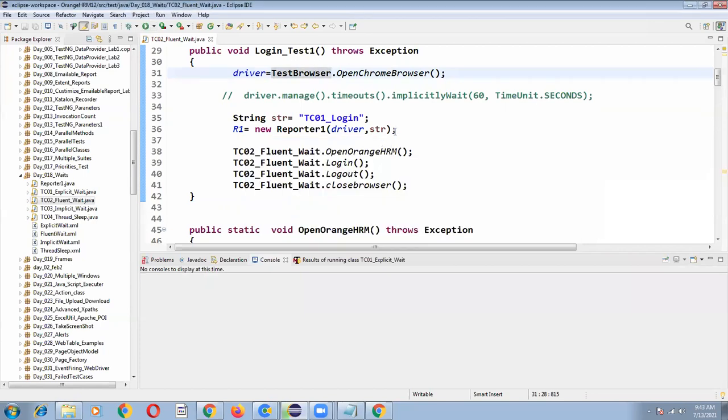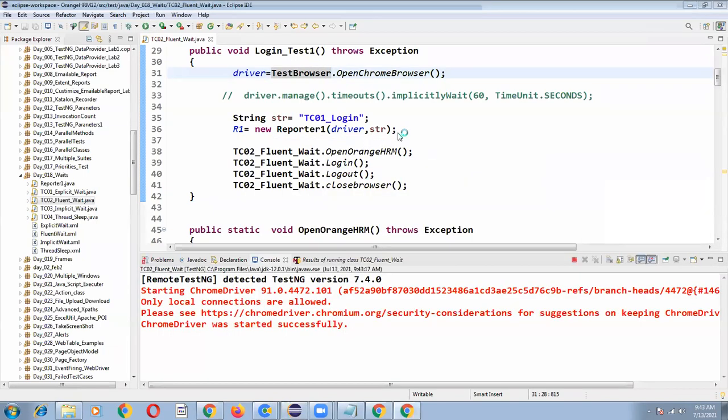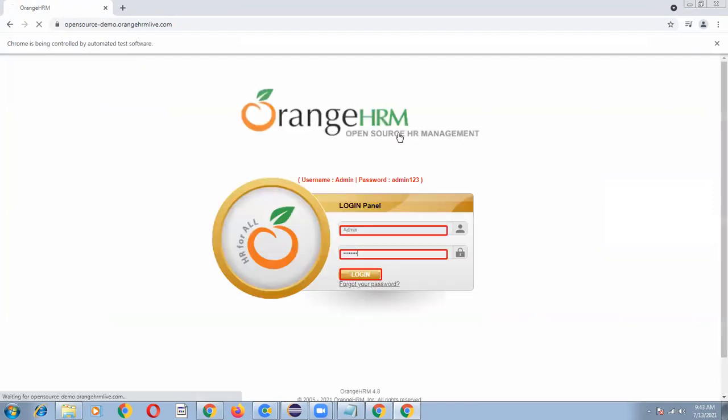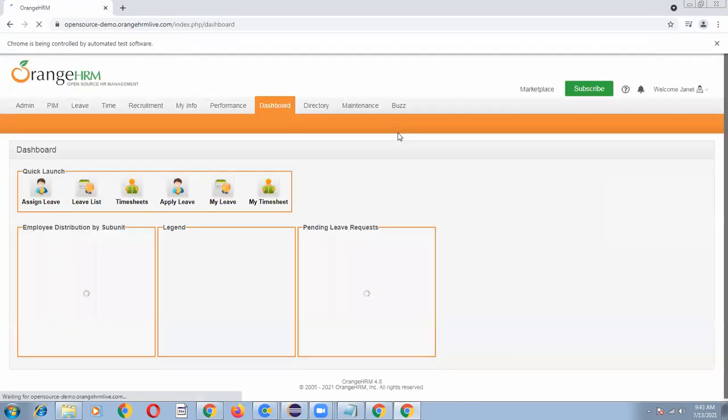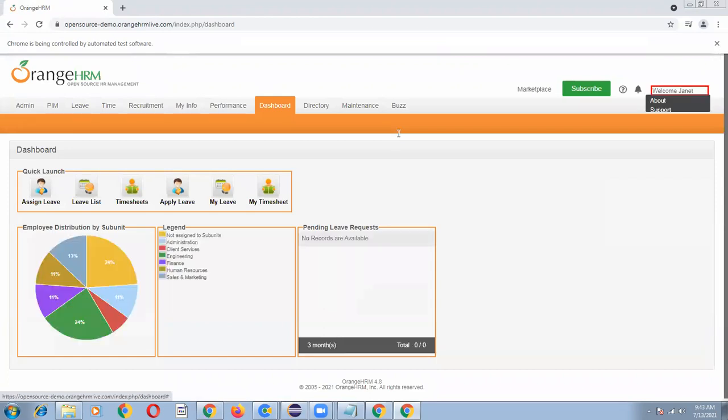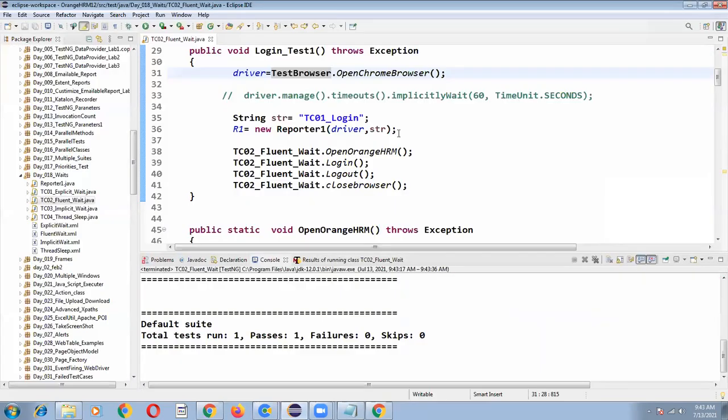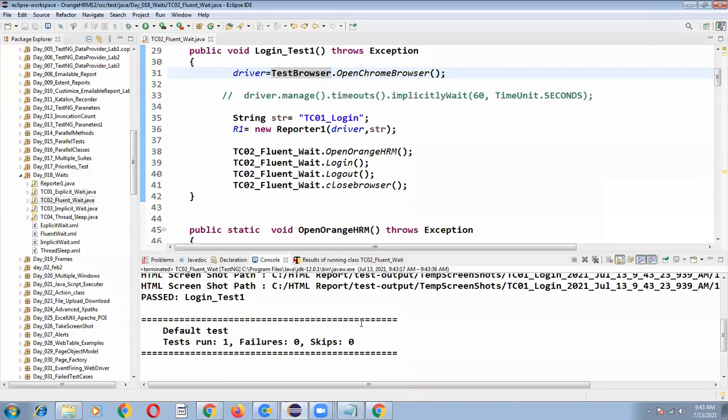So totally we understood these concepts. What is the objective we understood from these programs? Some of the web elements on the web page are loading very slowly. In order to execute those driver instructions, the driver has to wait until those web elements are completely loaded.